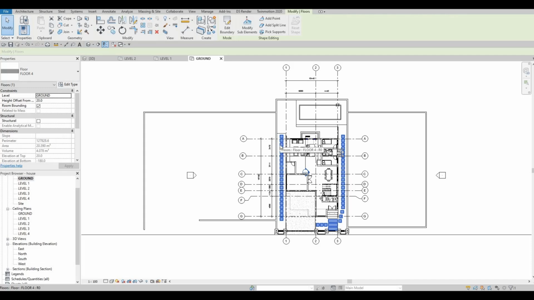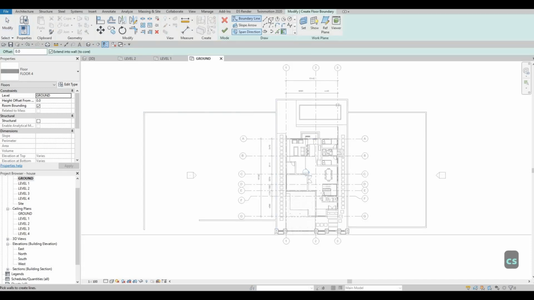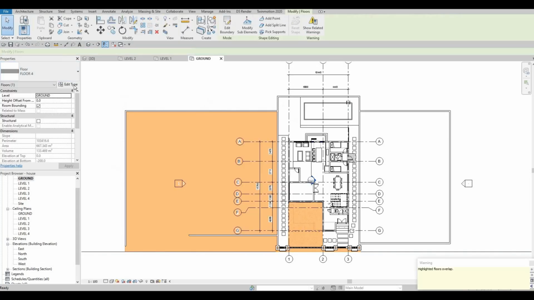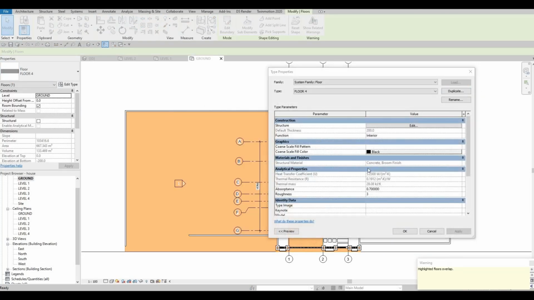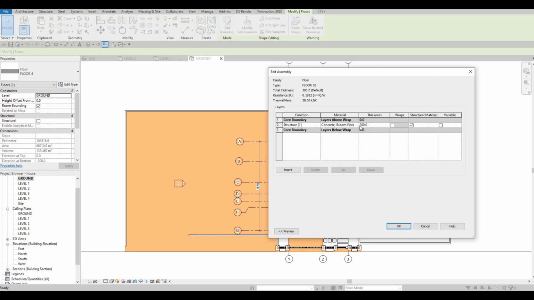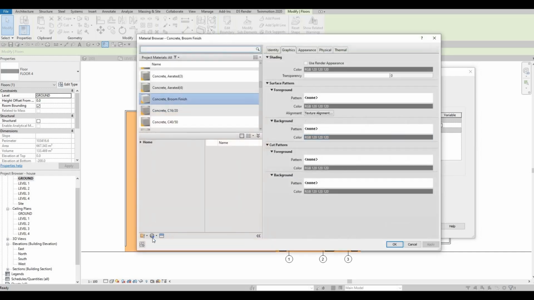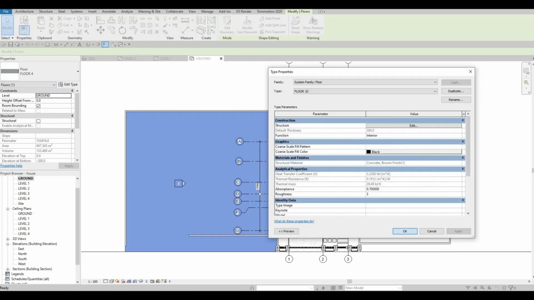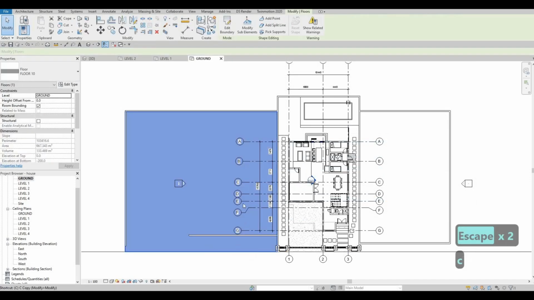So here I'm gonna edit, just add ground right here, click finish, edit, duplicate for number 10, and we could just change this, duplicate again. And then this one here as well,